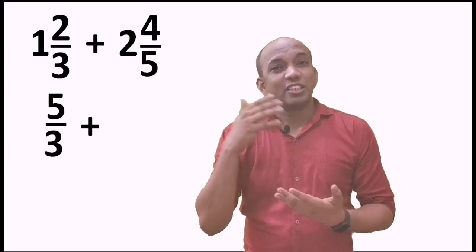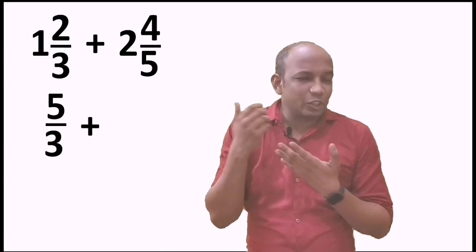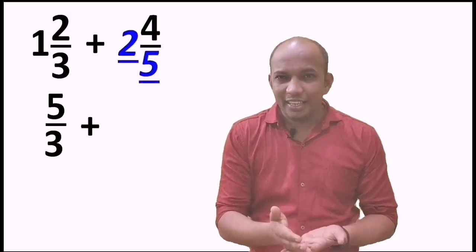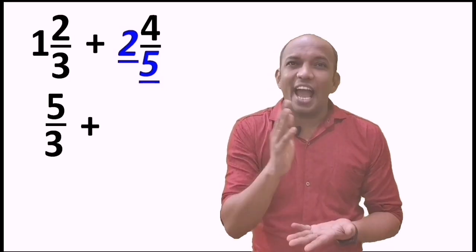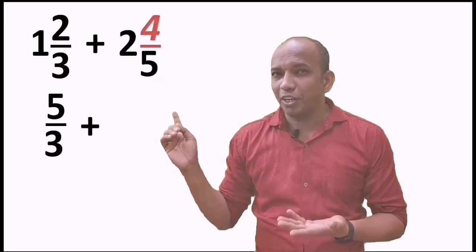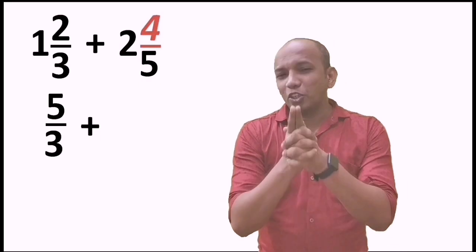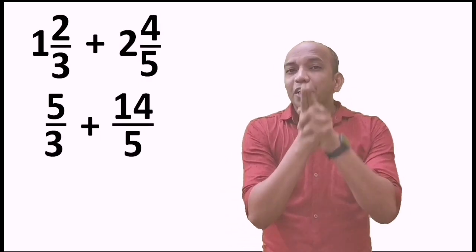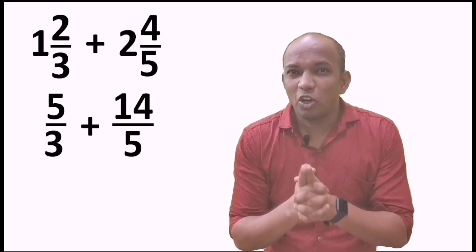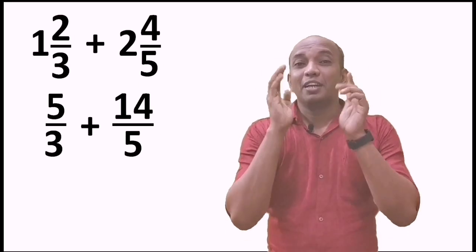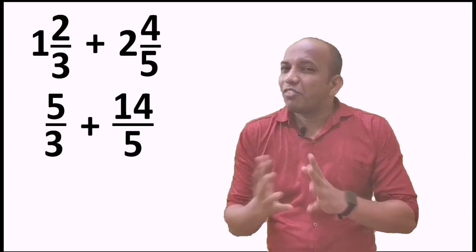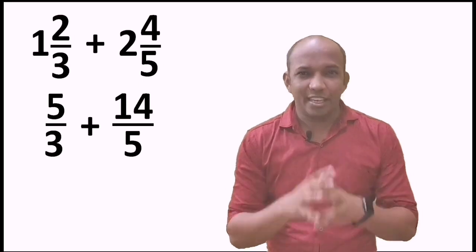And then for the second fraction we will be multiplying 5 into 2, correct? Then the answer is 10 and we will be adding 4 to it. That gives me the answer 14 upon 5. Keep it in mind, the denominator doesn't change, correct or not? In both the fractions, the denominator remains the same in the converted fraction also, correct? Don't forget that part also.